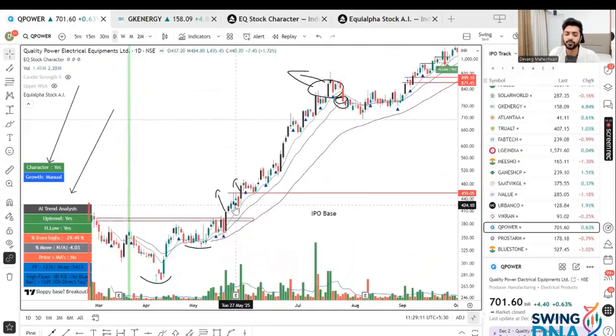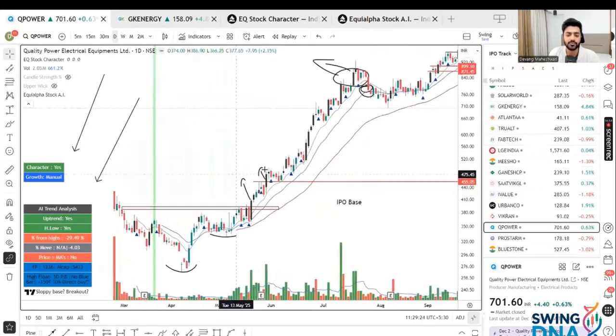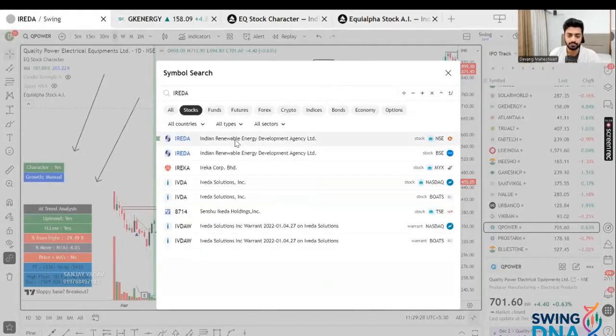So this is one of the IPOs which worked very well in the last 4-5 months. It gave a very clean kind of move, 70, 80, 90%. And IPOs can give good moves like this. One of the IPOs,